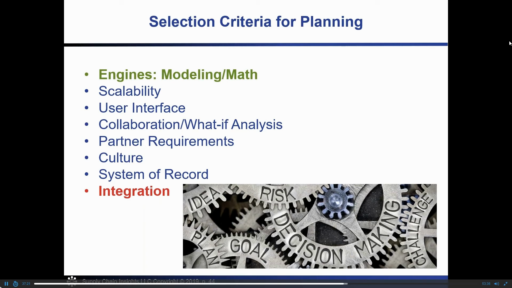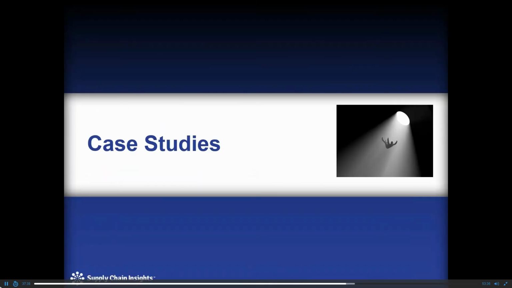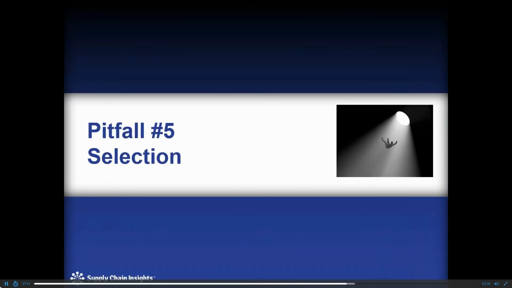And remember that Excel is not going to model demand planning. It's just not effective. So when we think about the selection of the tools, we've got to go through the requirements process to really answer the question of what's best. Now, I skipped around a little bit. Let me go back.